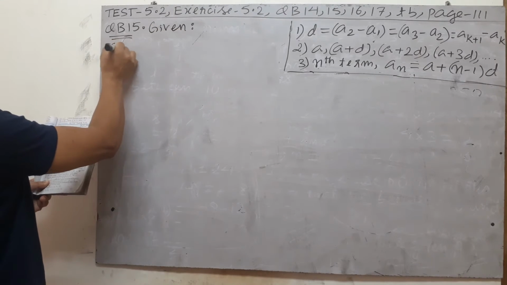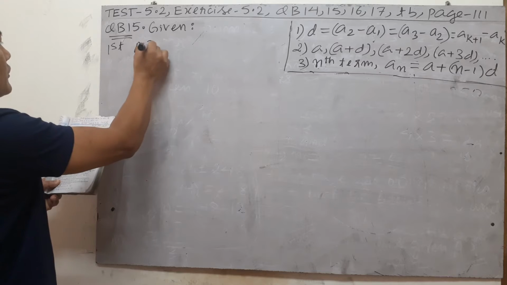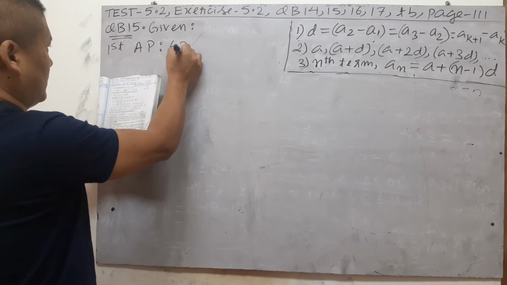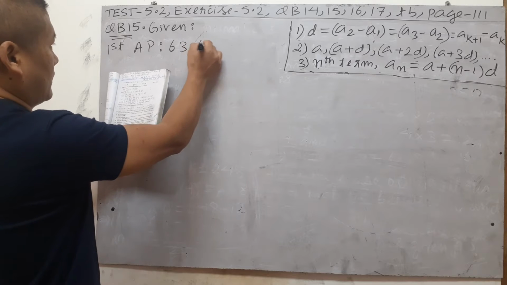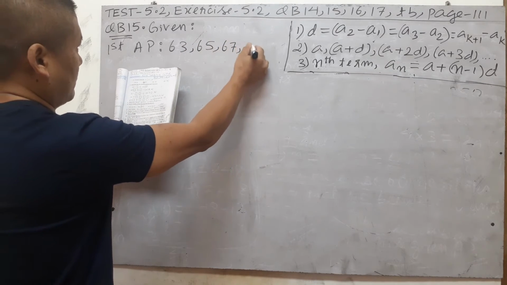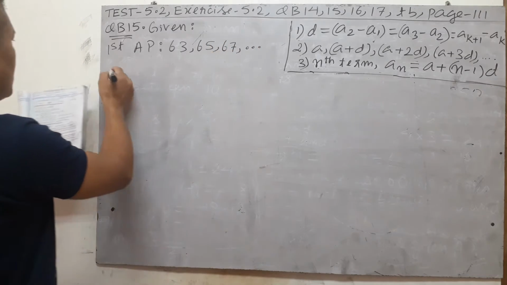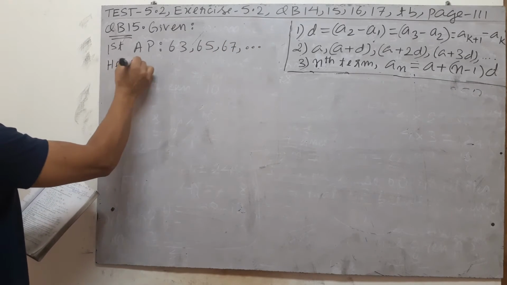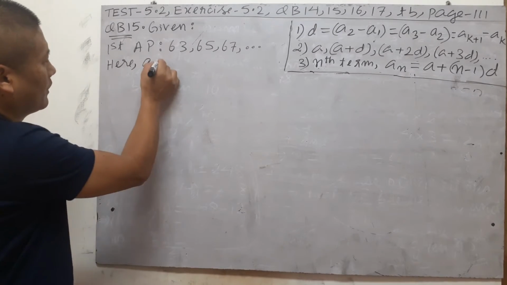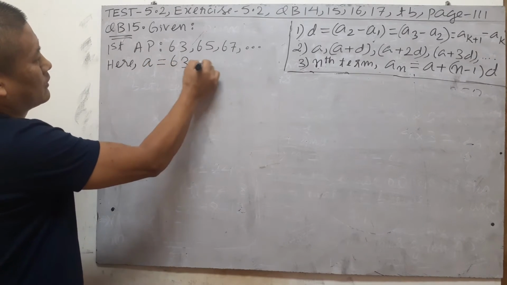The first arithmetic progression series is given as 63, 65, 67, and so on. So here, clearly the first term, let us put a small a, 63, and the common difference d